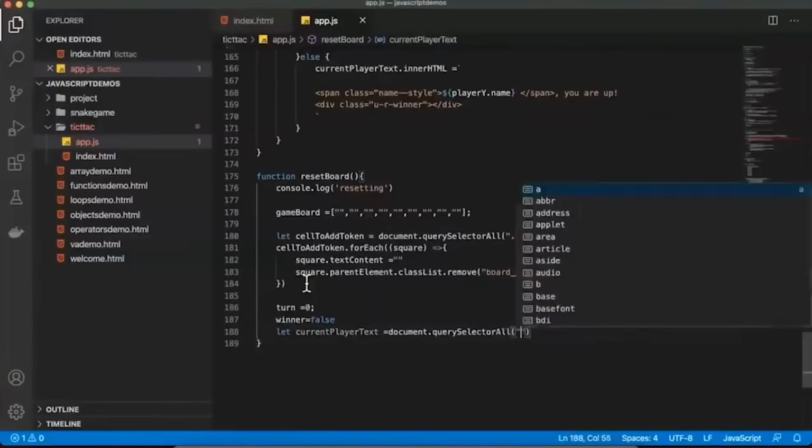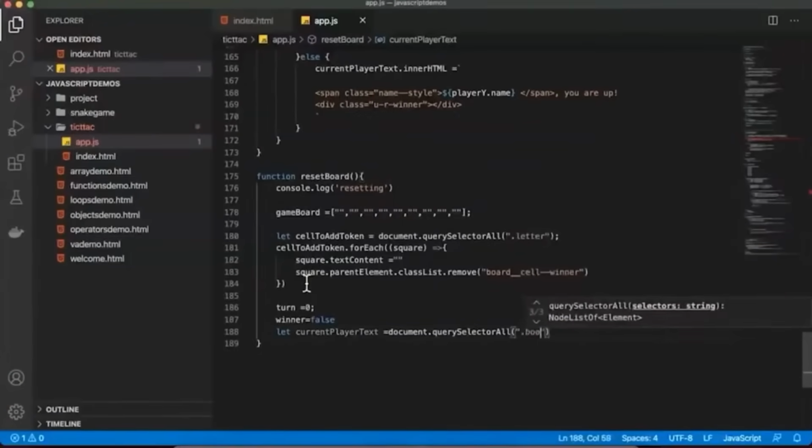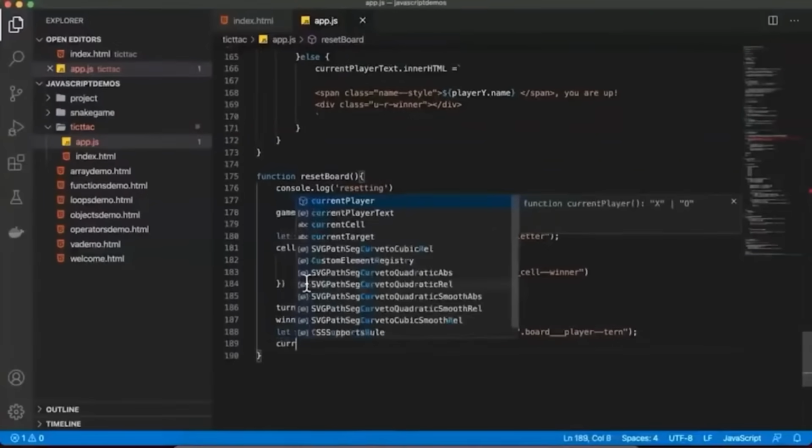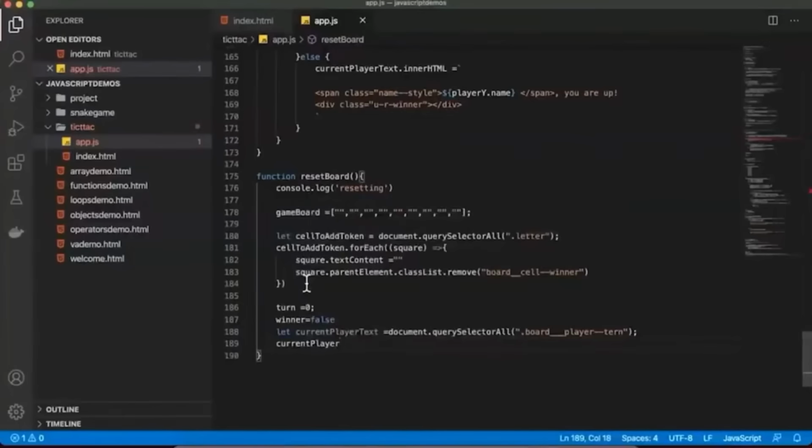Here we're going to use the name called board, player-turn, after that currentPlayerText